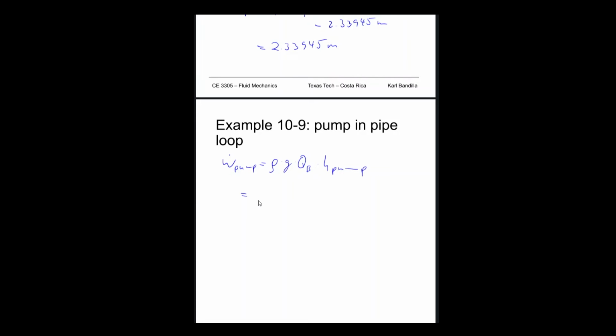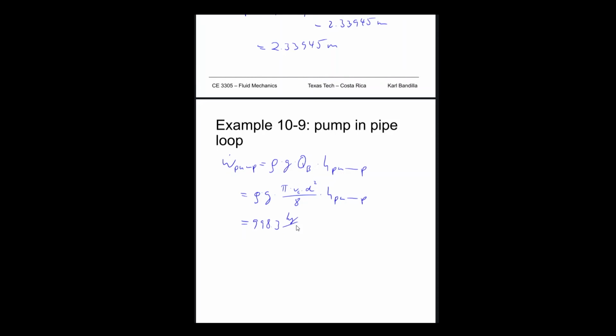Well, we never calculated what that flow was, so we can say that would be rho times g times pi, oh, we did calculate above, right? So pi times VC times D squared over 8 times H pump, and that is then